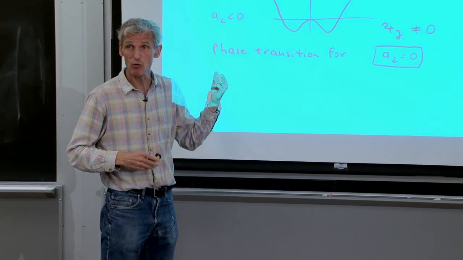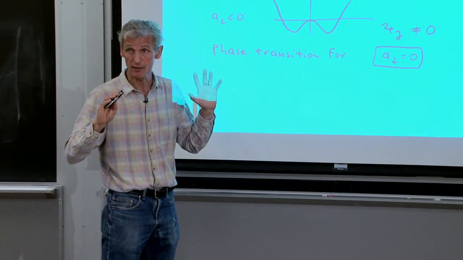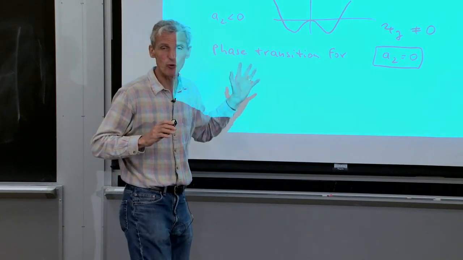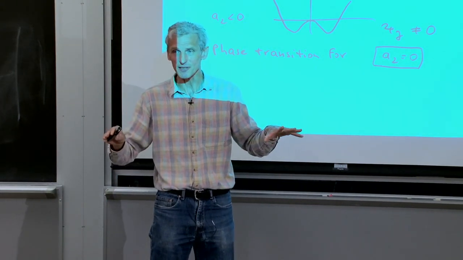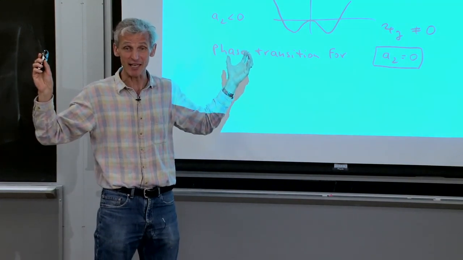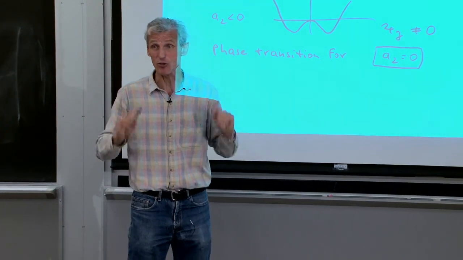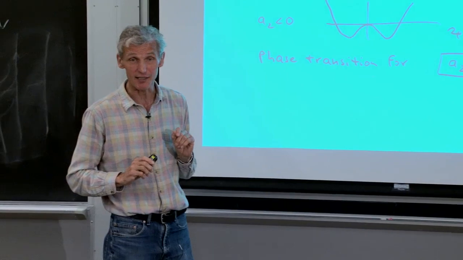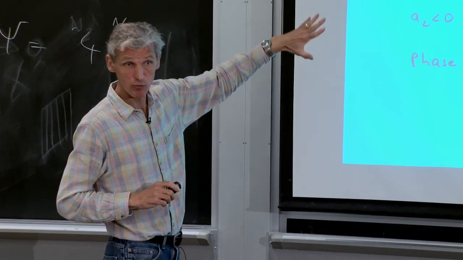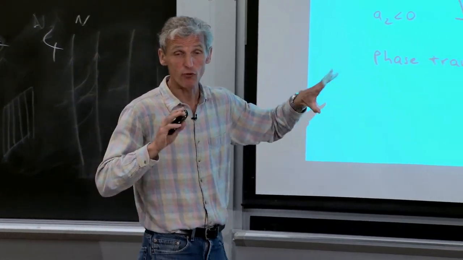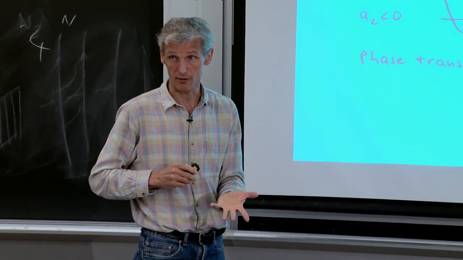In other words, has our perturbation theory in psi lowered the energy of the state or raised the energy of the state? So in other words, we've done a hypothetical calculation. Hey, what would the system feel like if there were a little bit of superfluidity? If the system says, great, I've lowered my energy, then we know we are in the superfluid state. When the system says, no, I raise my energy because of the psi, then the system has rejected our idea to introduce superfluidity. So therefore, the question we are raising now is, after we've done the calculation, for what values of U and J is it favorable to introduce a psi or not?